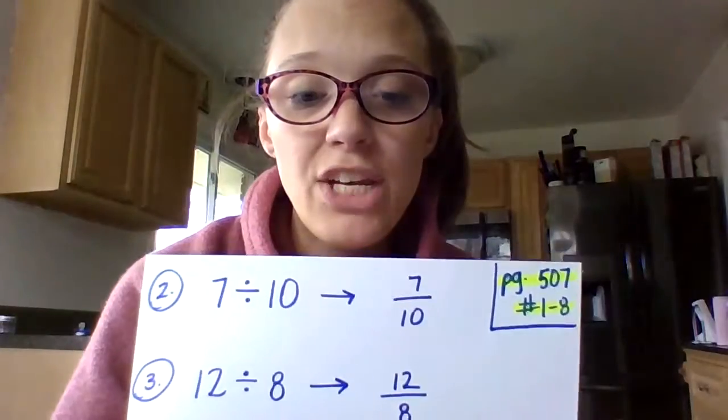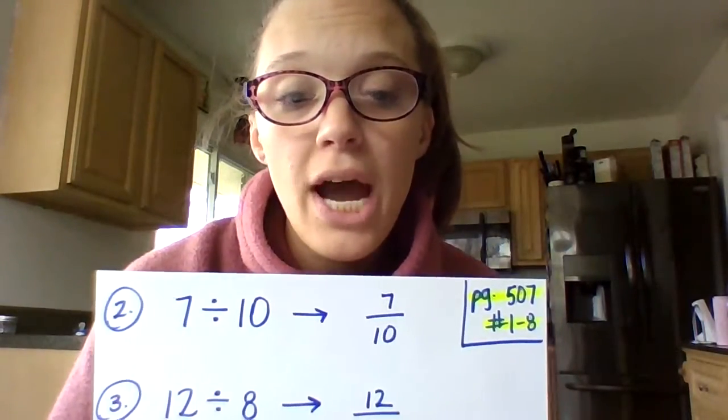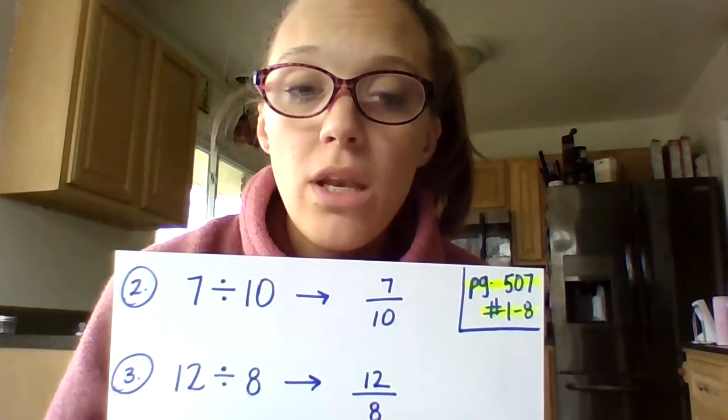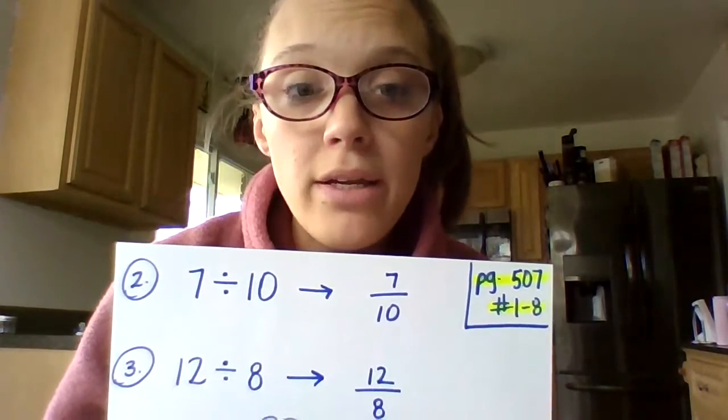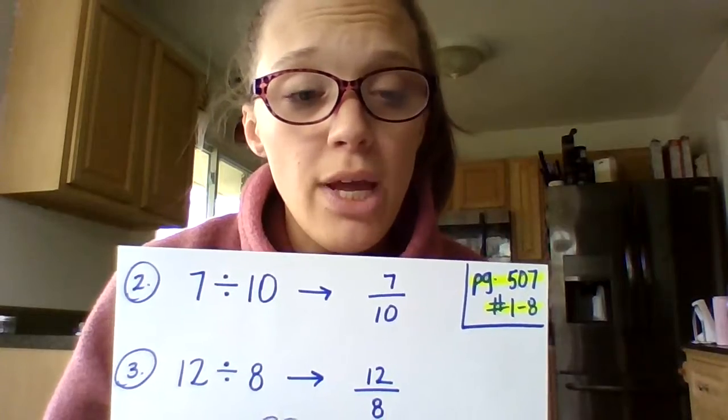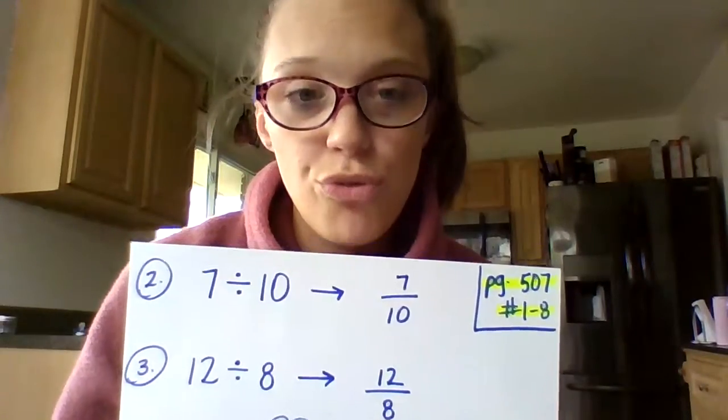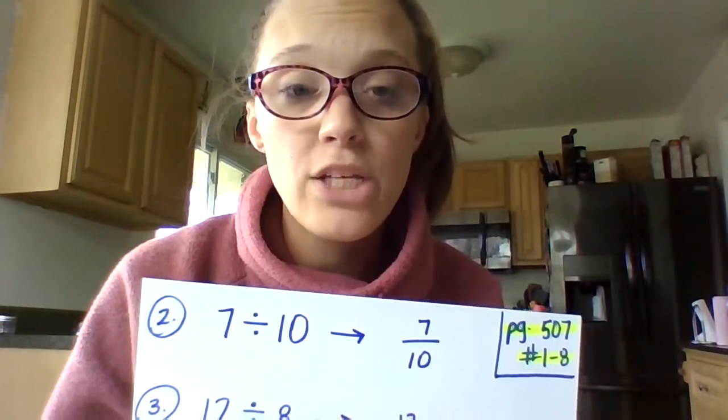So I want to refer to page 507 in your Go Math book, and I asked you to do numbers 1 through 8. Now, if you look at the page with me, you'll notice that number 1 has already been done for you, and I want to do numbers 2, 3, and 4 with you. Okay, so in a previous